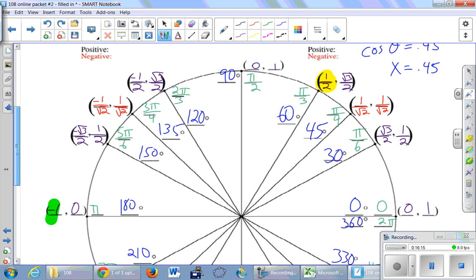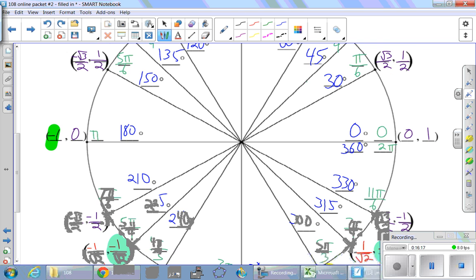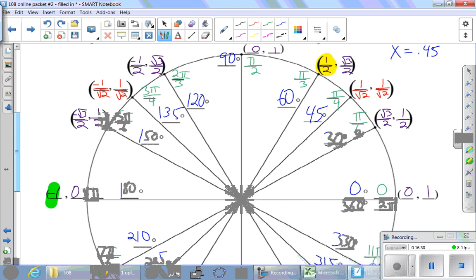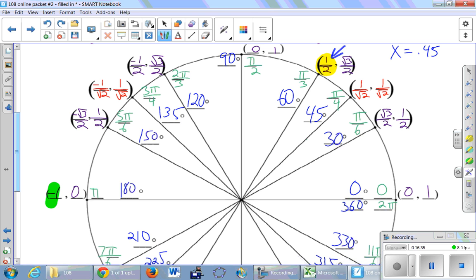Okay, let's see if we can figure this out. So I'm just going to look for a place on the x-axis where the x is 0.45. So I know that if I go halfway, then we get 0.5. And 0.45 is slightly to the left of that. So actually I can do a little better with estimating the halfway point, because the halfway point is this yellow highlighted one, right? That's the place where x is exactly 0.5. So I'm just going to do my best to drop that straight down and then we'll erase this in a little bit. So that right there is at 0.5. And so that means that 0.45 is slightly to the left of that. So maybe we can estimate right here,